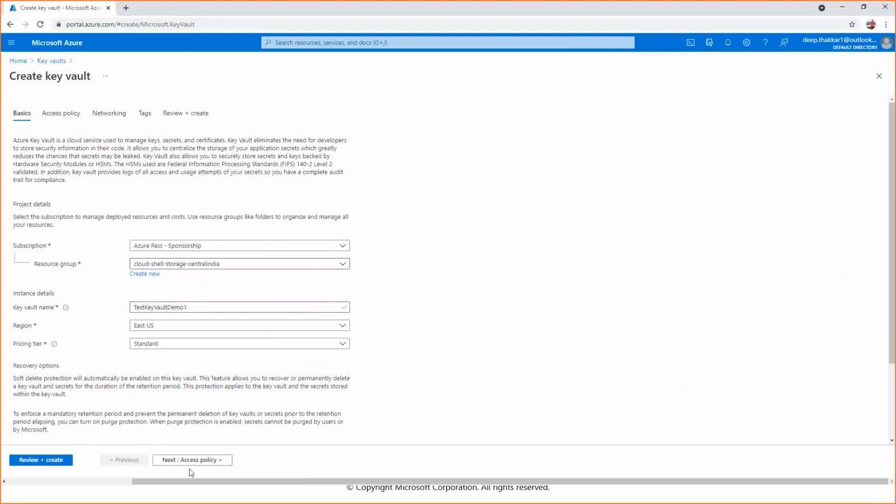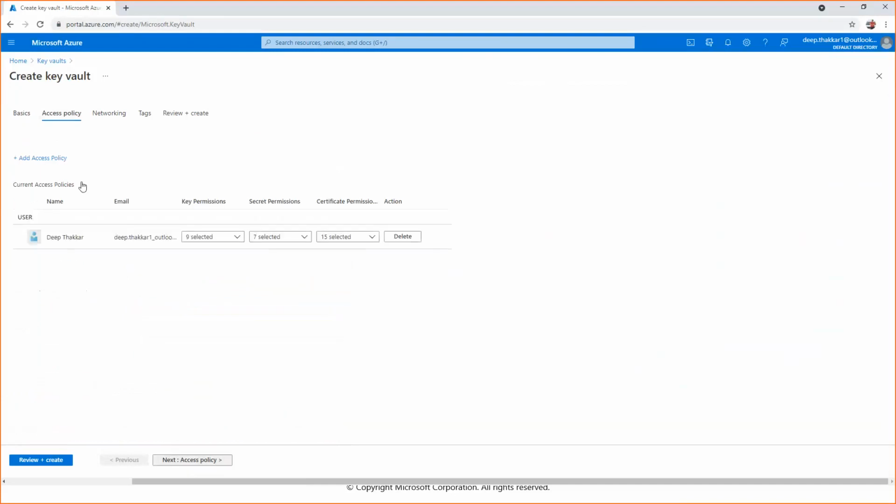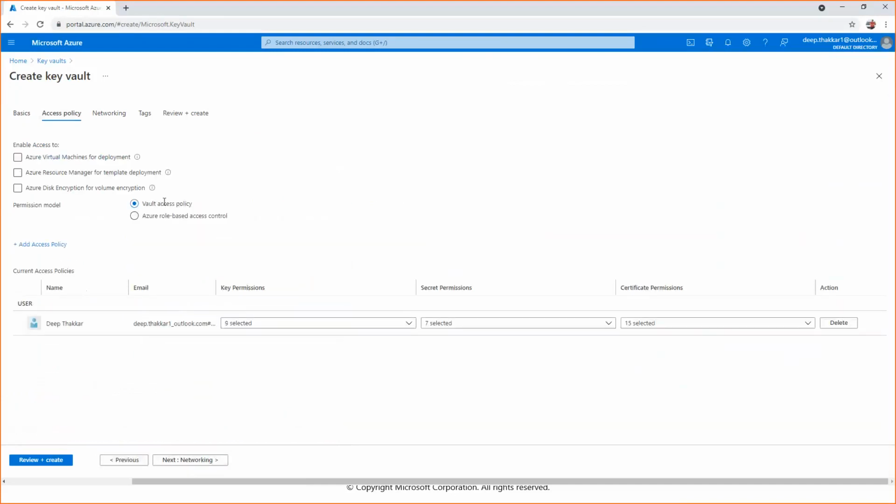Next you can see the access policies. There are multiple access policies available. If you want to give access to Azure virtual machines for deployment, you can select that. If you want to give access to Azure Resource Manager for template deployment, you can give access to that resource.